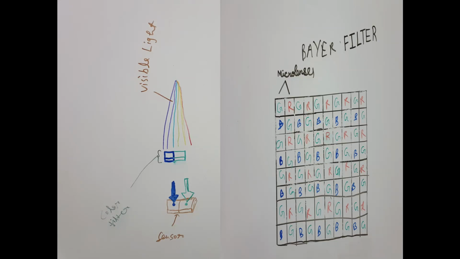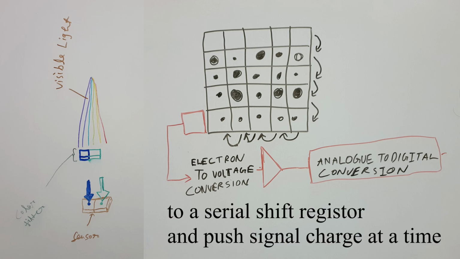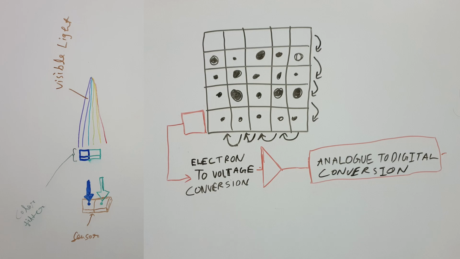See, in CCD sensors, data is captured as shown in this diagram. The circles are data and the blocks, every square, represent a pixel. So there are rows and there are columns. If you take the data, the bottommost row is going to be taken first, and from left to right. When all the data of the bottommost row has been transferred through electron to voltage conversion, and then transferred to analog to digital conversion, then the second last row is taken. The same process is done with that too.